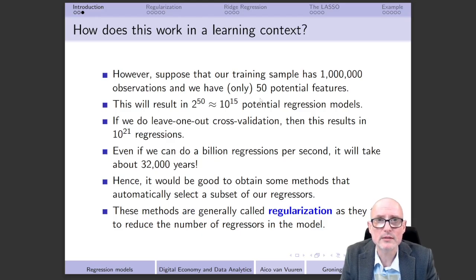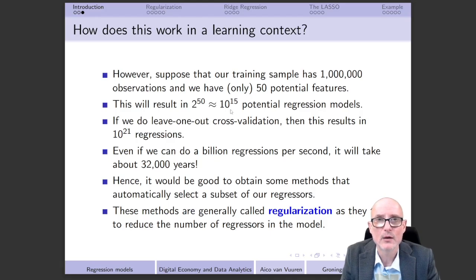The question, of course, arises: how many regressions do we then have to run? Take into account as well that we would like to do cross-validation. So let's be, in this case, a little bit enthusiastic, maybe a little bit too enthusiastic, and use leave-one-out cross-validation. Then for any potential regression that we have over here, in order to calculate the cross-validation risk, we have to do 1 million regressions,